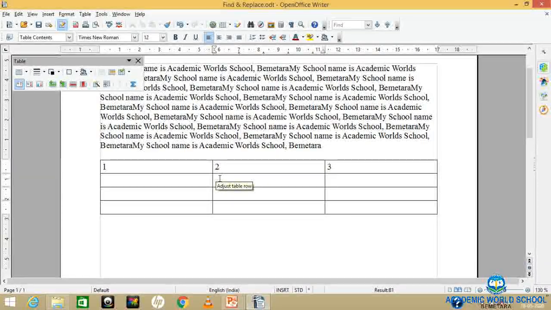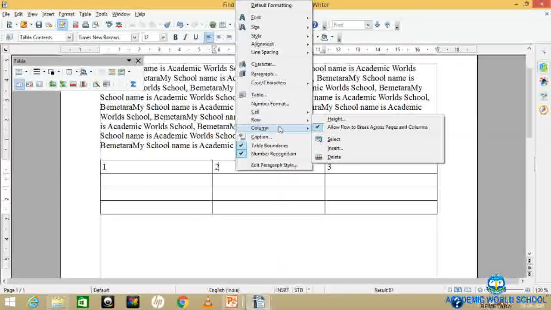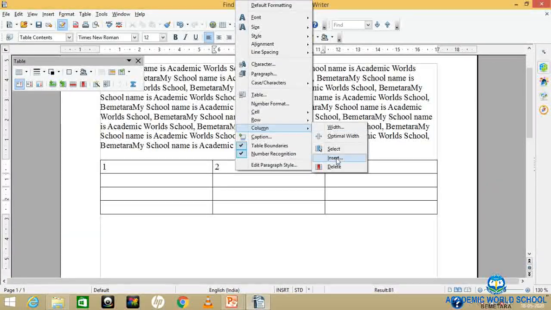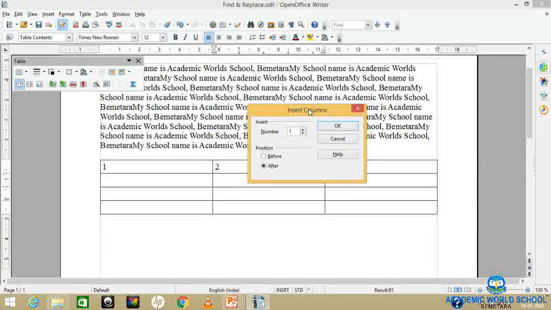So you have to decide whether you want it after or before it. You want a column after 2 or before 2. If I bring my cursor before 2, the column will appear before it. If I click here, then the column will appear after 2. Let's see how. Right click, and here suppose I want a column. Here it is saying insert.